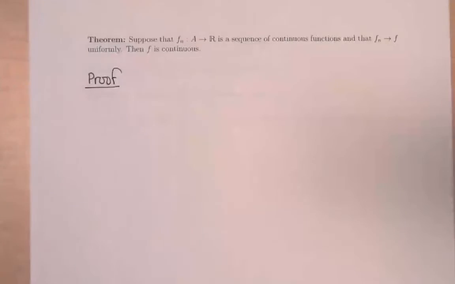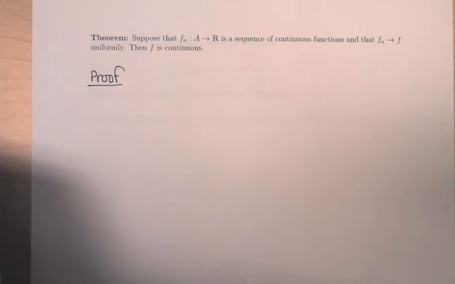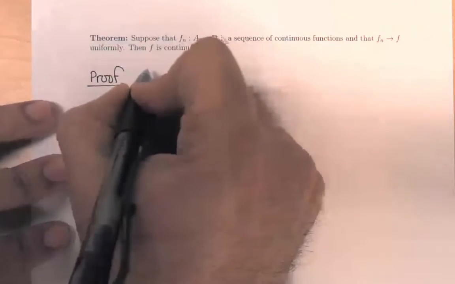By the way, this gives us an alternate way of showing that x to the k on the interval 0 to 1 cannot converge uniformly to f, that is 0 for x less than 1 and 1 at 1. It would violate this theorem. So my goal